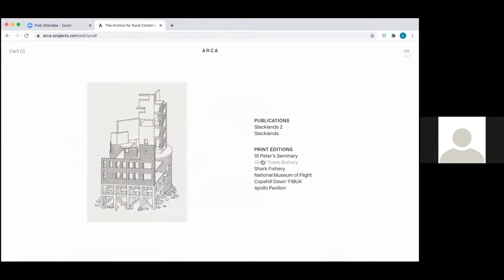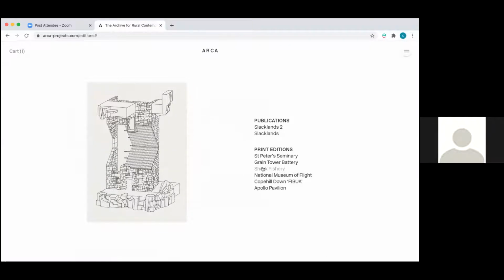the buildings. So this is number 1, the Thames, the Grain Tower Battery, and then this is the shark fishery on the Isle of Raasay, which is just off the Isle of Skye. And he's very interested in architecture, and he has quite a playful way of dealing with the typologies of the building. So here he's taken the building, folded it out. So it's a bit like taking a plan and an elevation, but folding it like a piece